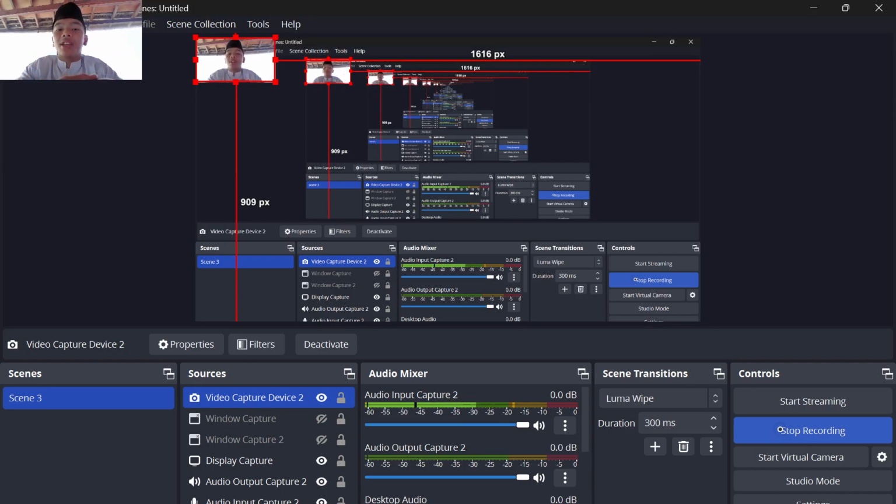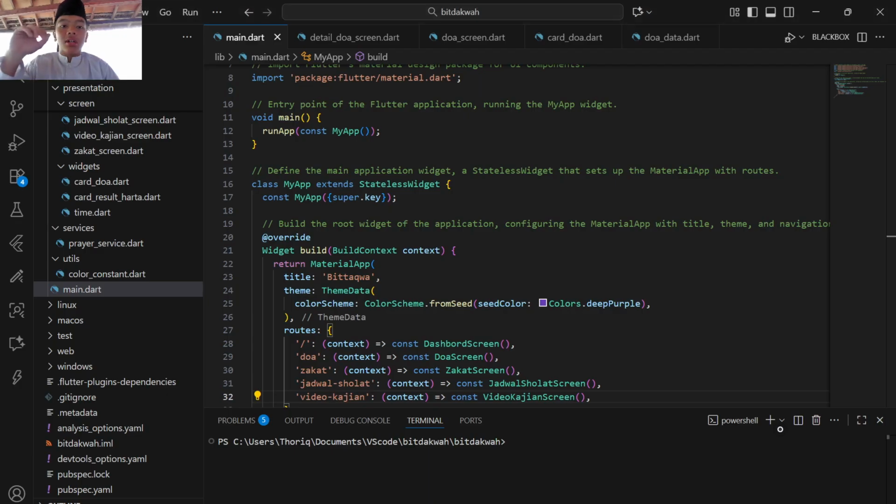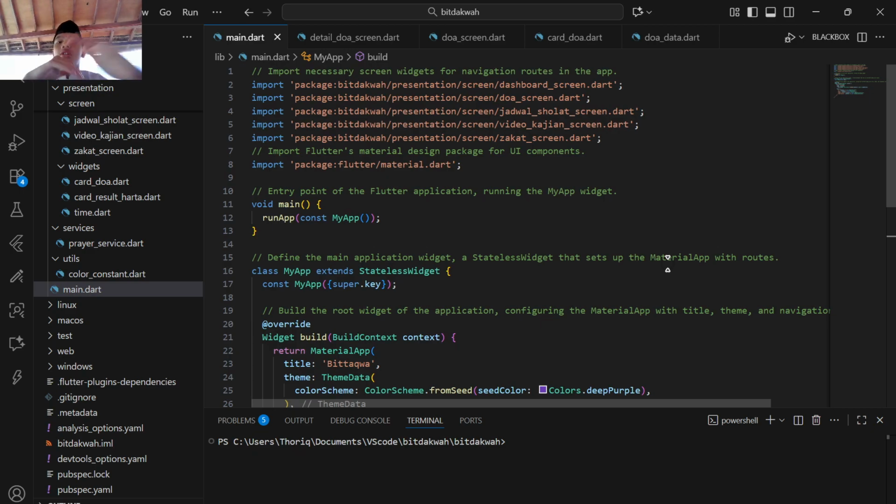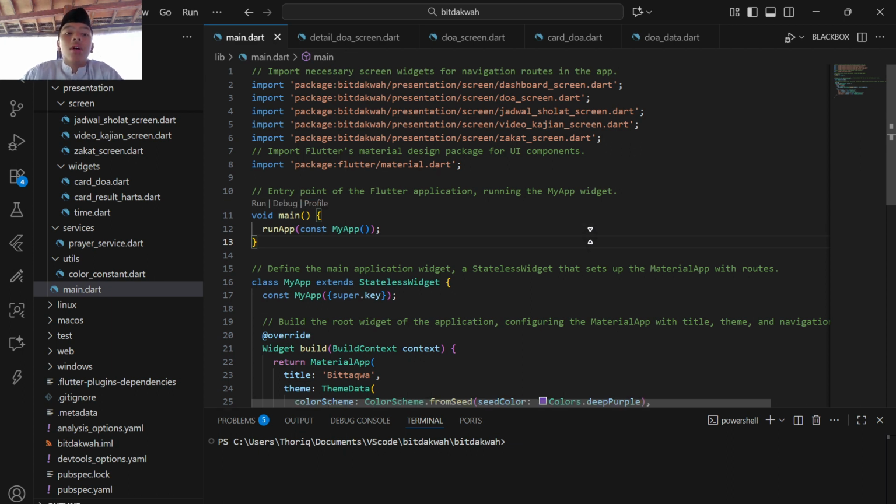So today I'm going to demo my video about the detail doa. Basically, the detail doa is one of the features of the application that we named BitTaqwa. BitTaqwa has several features, and now I will explain the second feature, the Dua